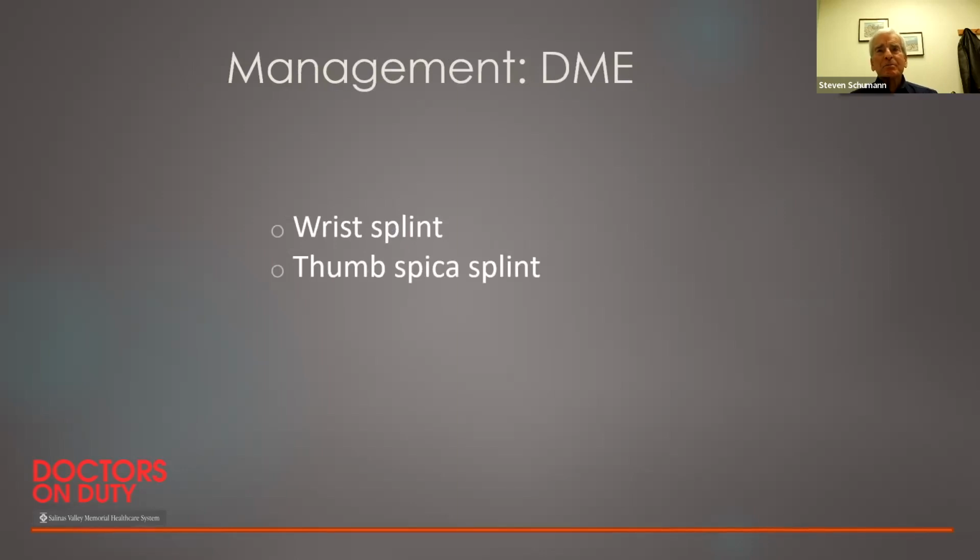DME: wrist splints for carpal tunnel, of course. Elbow straps for epicondylitis, and thumb spica splints if you're talking about radial tenosynovitis, de Quervain's. I'm sure you're probably all familiar with thumb spica splints. I presume we have these in all the clinics, but that's one that immobilizes the thumb in extension, and can be very helpful for folks that have de Quervain's. So be thinking early on in these conditions about appropriate DME.